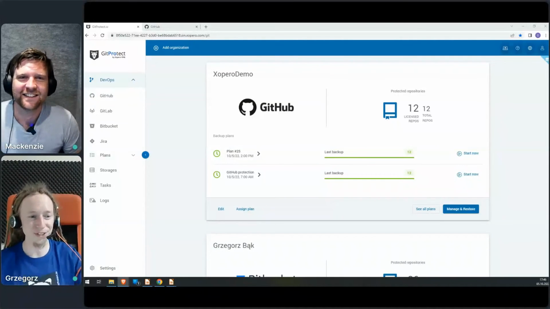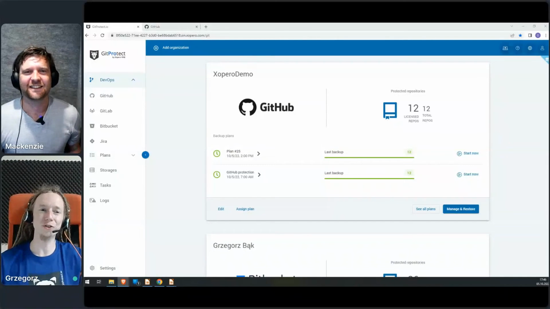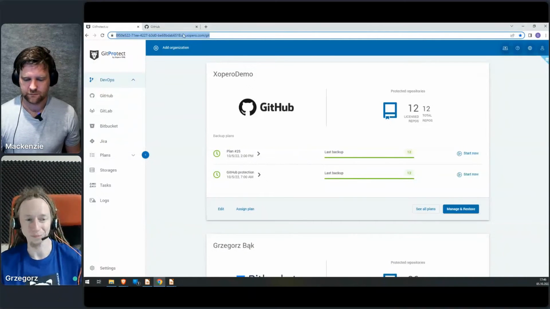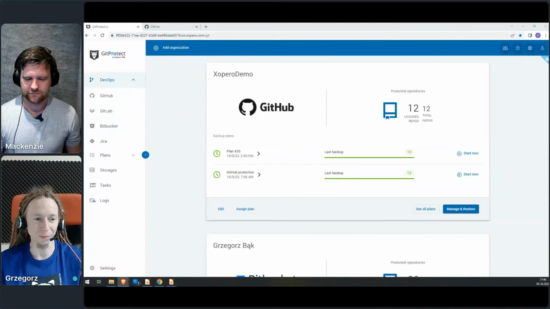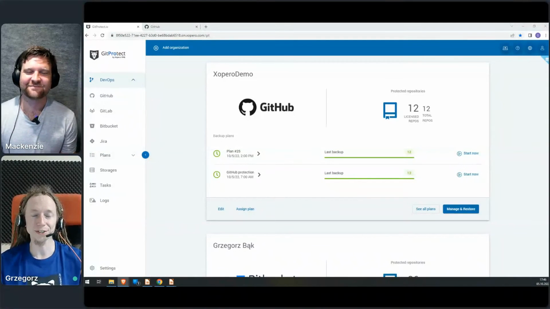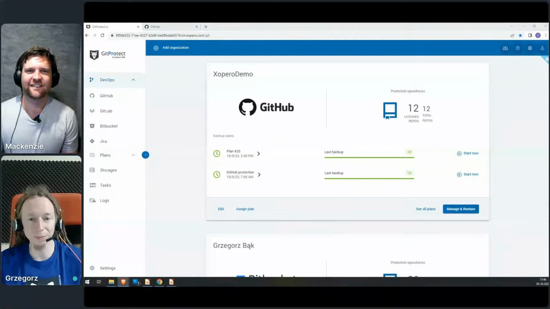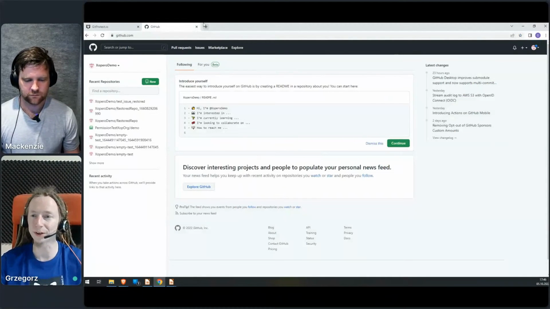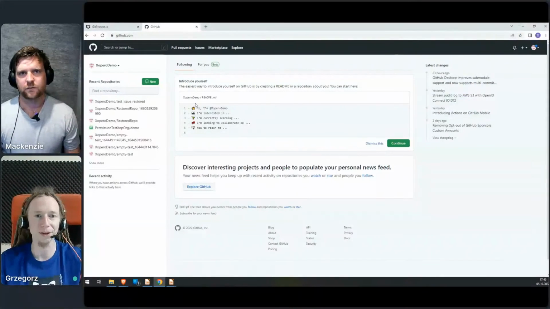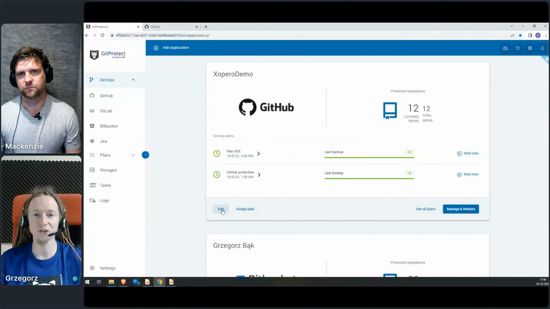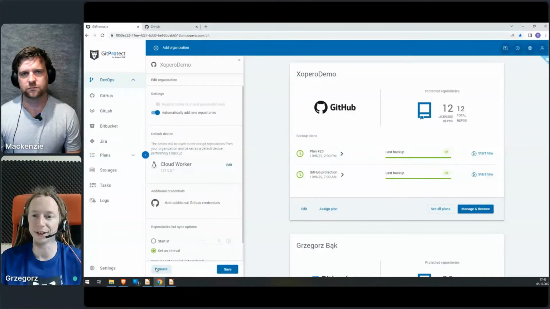Okay, so what you can see already on the screen is my Git Protect instance running directly in the cloud, as you can see by the URL. So first of all, let's start maybe with GitHub integration. Let me show you how easy it is. Here I've got my GitHub account prepared with some repositories in place, and let me just edit and firstly